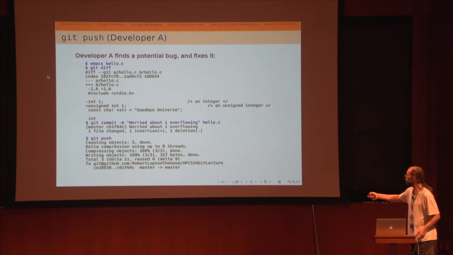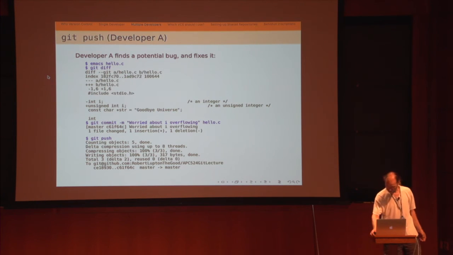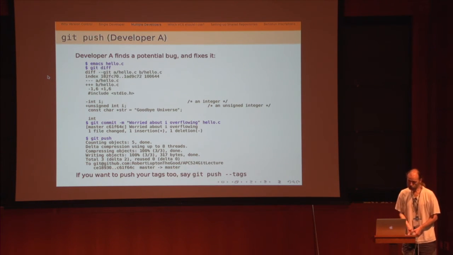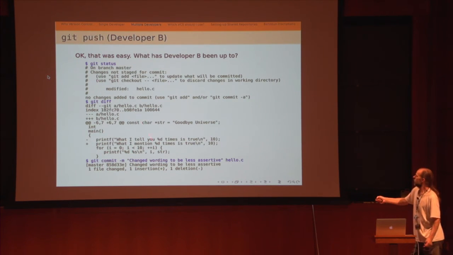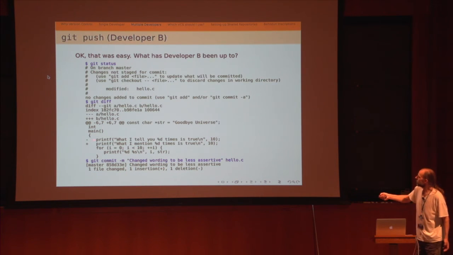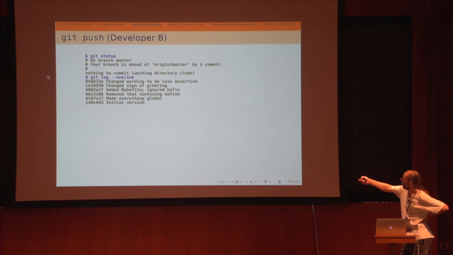So here's the bug fix we did first. We applied this change. We changed int i to unsigned int, and we pushed it. So that was developer A. I'm not saying whether that's you or me. If you want to push your tags, you do it that way. OK, what did B do? B said, instead of telling you something, I'm going to mention it. It sounded a bit nicer, really. So I make this non-overlapping change, and I push that. So where have we got to? The answer is that I say git status, my branch is ahead of origin master by 1, I've checked it in, and I do this, and this is what I see.